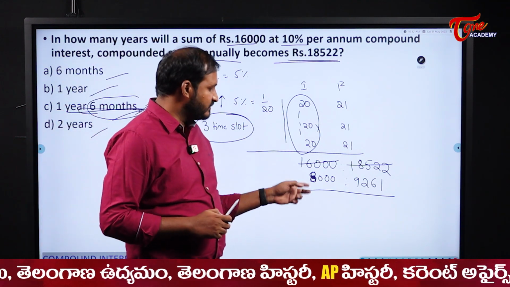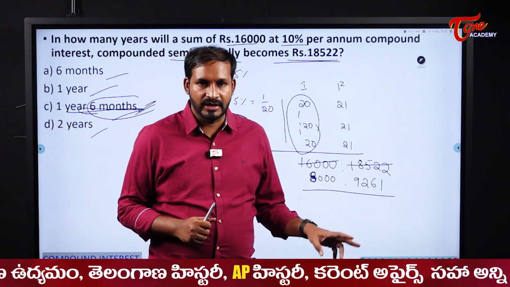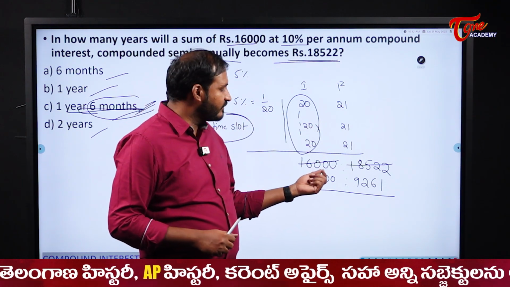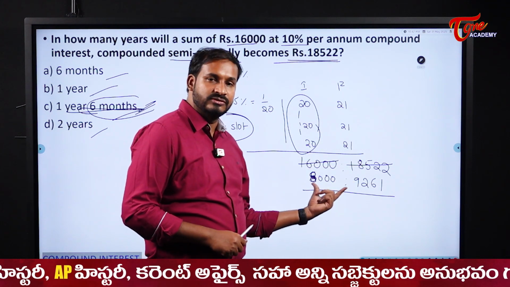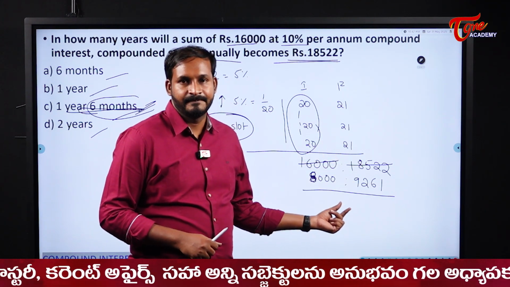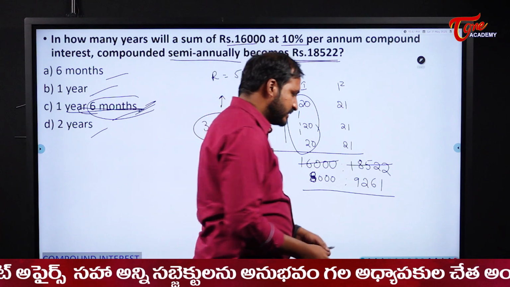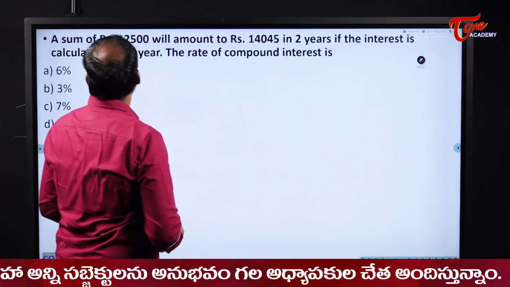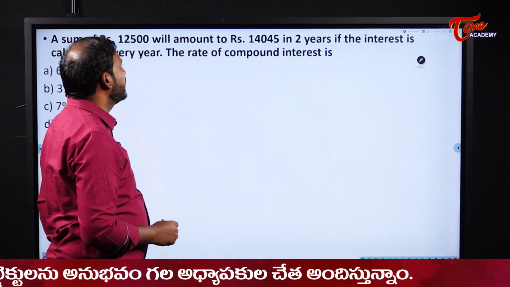See here, students, sometimes we will get the idea quickly, sometimes we may not. In that case, if you get the idea quickly, good. If not, try to reduce them, students. Definitely you will get the idea. Okay? Right? Next one. A sum of rupees 12,500 will amount to